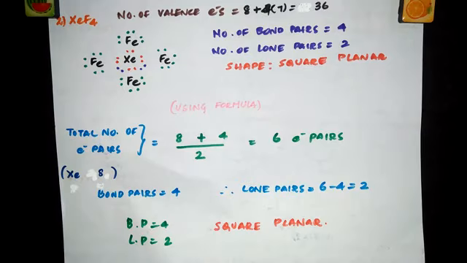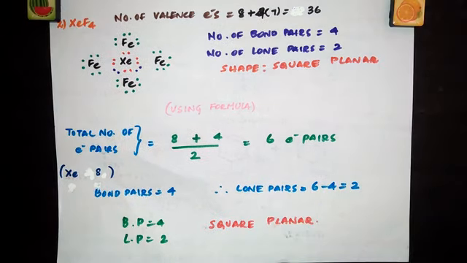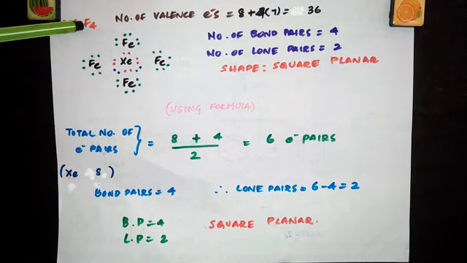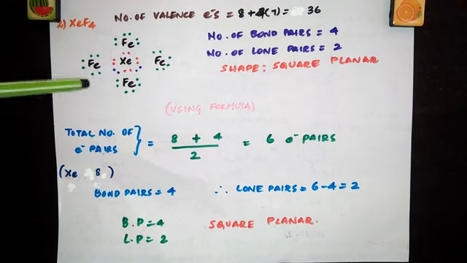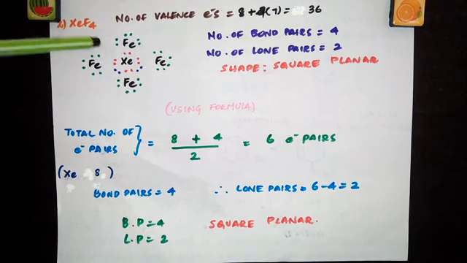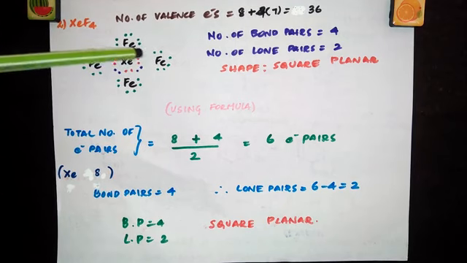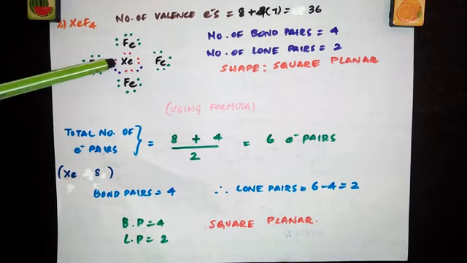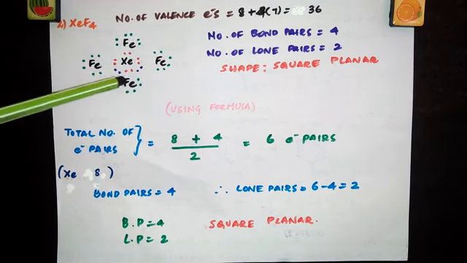Let's take the example XeF4. Here also I've used both the methods to predict the shape. First, by using the Lewis structure. We have taken XeF4. How to draw the Lewis structure? The total number of valence electrons is 8 for xenon plus 4 into 7. So that gives you 36. Now let's draw the Lewis structure. Draw the skeletal structure and put a pair of electrons between each of these atoms, between F and Xe. So a pair here, one pair and again another pair.